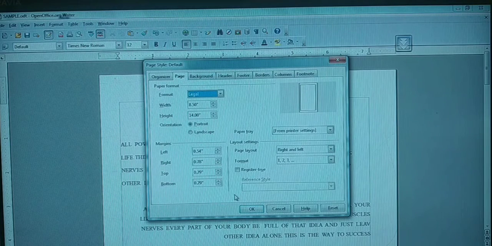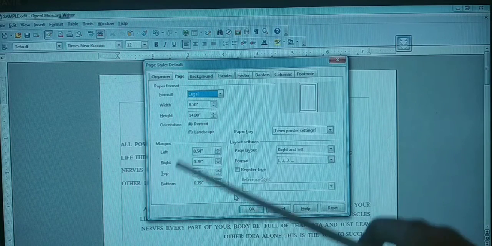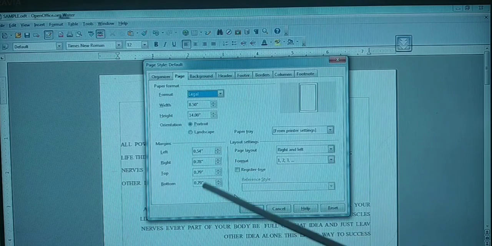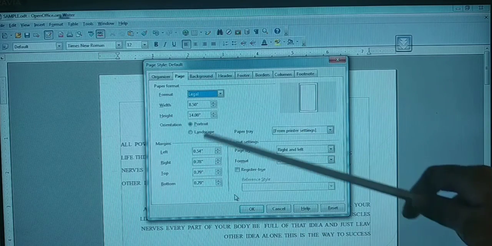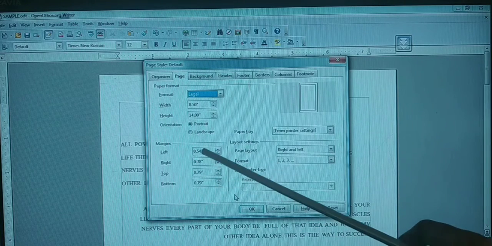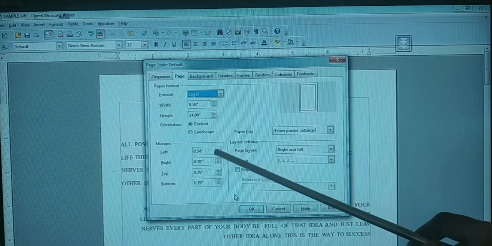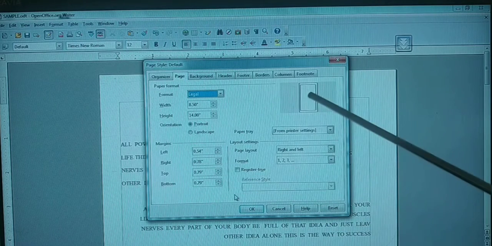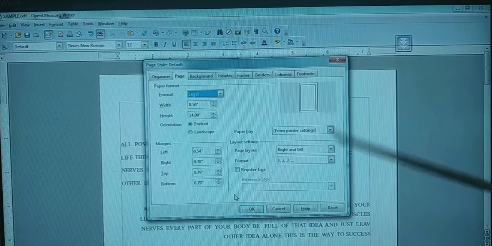In this you are going to change the margins. Here you have the margins: left, right, top, bottom. They already have default values based on legal. For legal only these values are set here for you. If you want any other changes, you can directly type them, or otherwise use the spin button to change them. While I am changing them, see the preview window. It is most important.